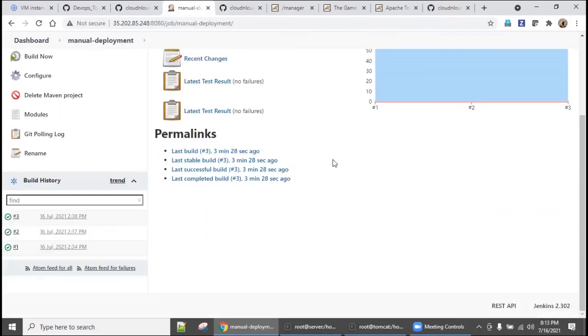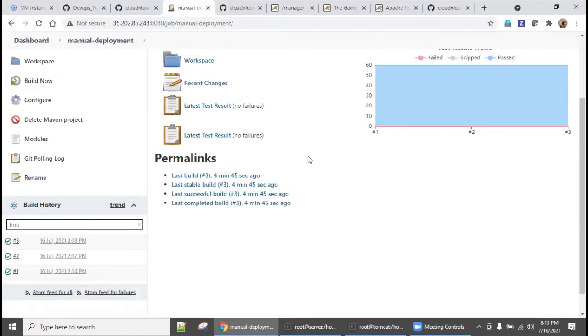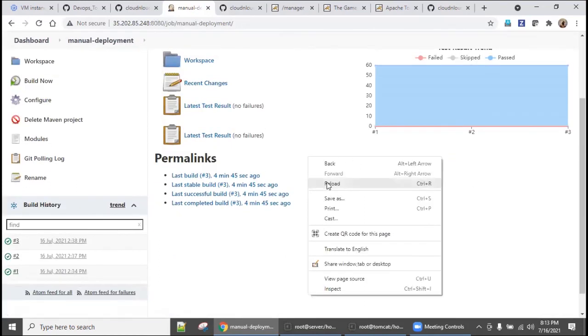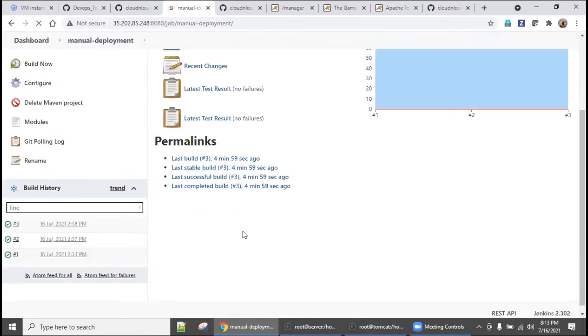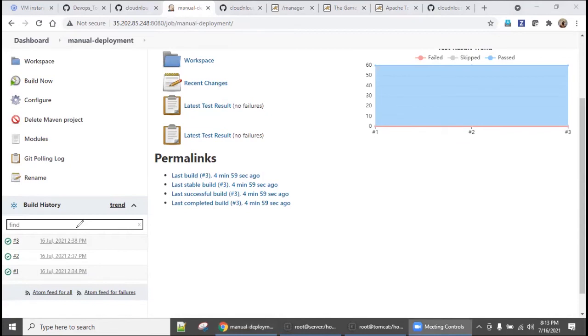If you want, you can refresh the page. Wait for it. Sometimes the first trigger will take some time. Reload, but there are three builds only. The fourth build should happen automatically. I should not touch the Build Now button.